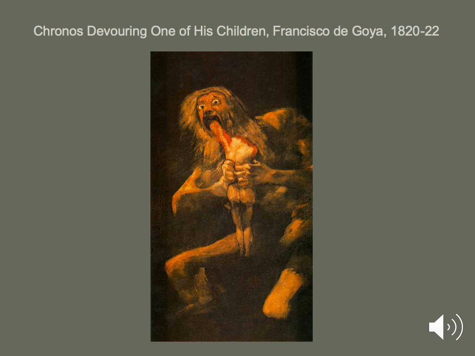Sometimes when we look at an artwork, we have a hard time describing it as beautiful at all. And sometimes artists don't want their work to be beautiful. This is Kronos Devouring One of His Children by Francisco de Goya from 1820 to 22. Now, Goya here really just leaves any notion of pleasure or beauty behind. And what we're seeing, we really can't divide the subject matter from the technique. So when we look at how he's painted this, look at the dramatic brush strokes. Look at the use of this dark, dingy color.